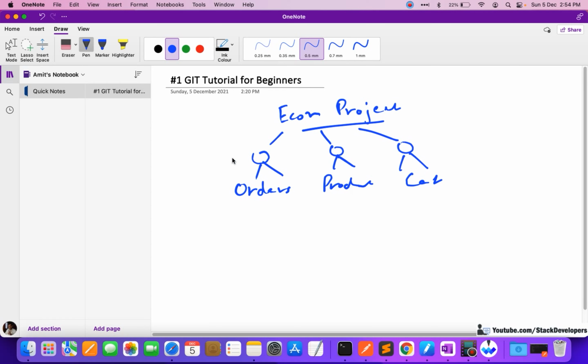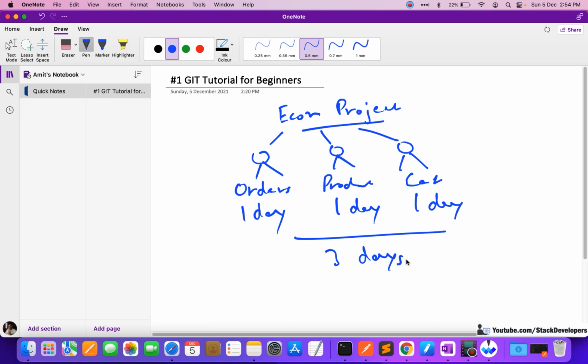First, this person will get the copy of the project, and it will take 1 day, and then this person will do his work in 1 day. He will also take 1 day. Then the same copy will go to the third person, and he will also take 1 day. So how much time has it taken? It has taken 3 days to finish the project. The same task three persons are doing, but one by one, so it will take a lot more time. It will waste our time and the company's resources.